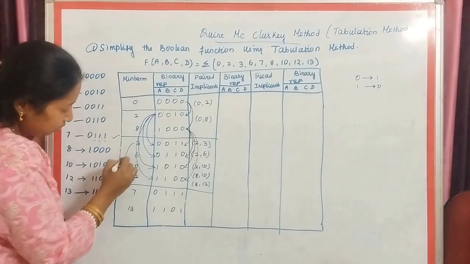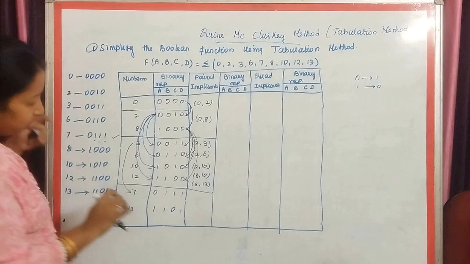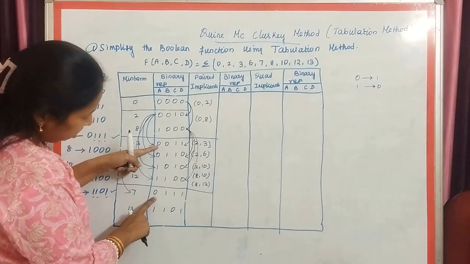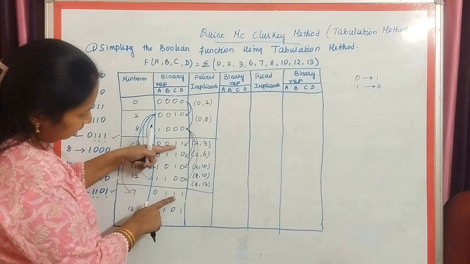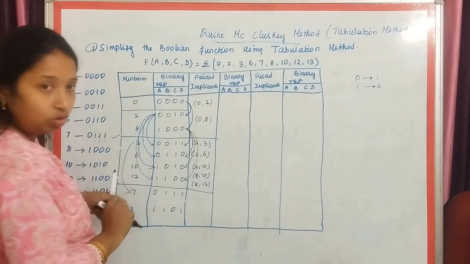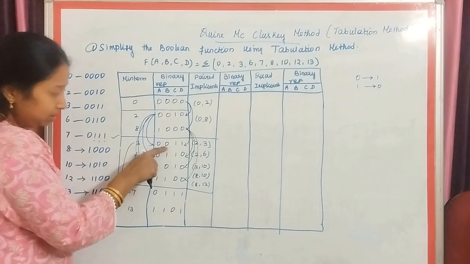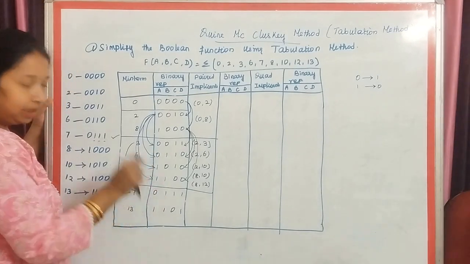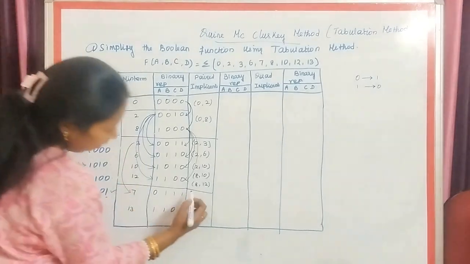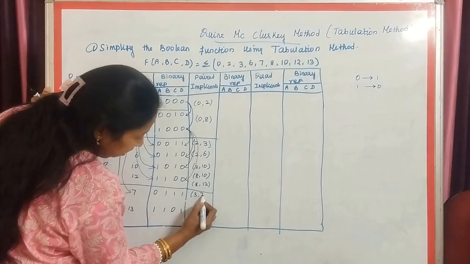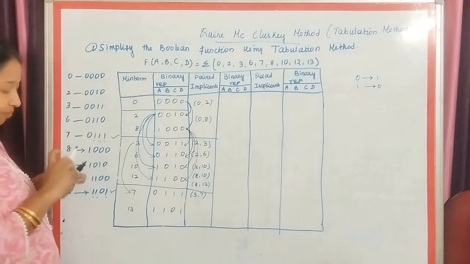Now the first step is to compare 3 with 7. So let's compare 3 and 7. Here, first element, no change. Second element, there is a bit change. Third element, no change. Fourth element, no change. So there is only one bit change, and it is happening in the second place. So these two elements I can take and pair as a group. That is 3, 7. Clear? Now